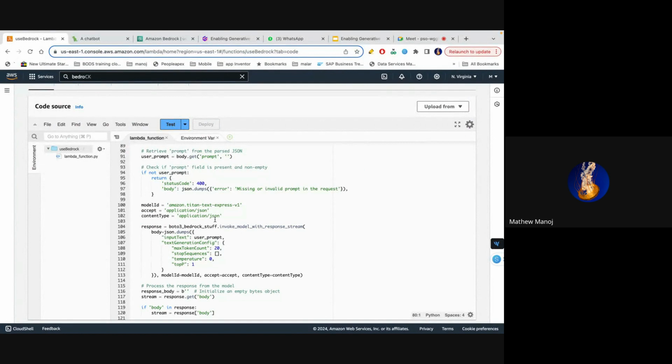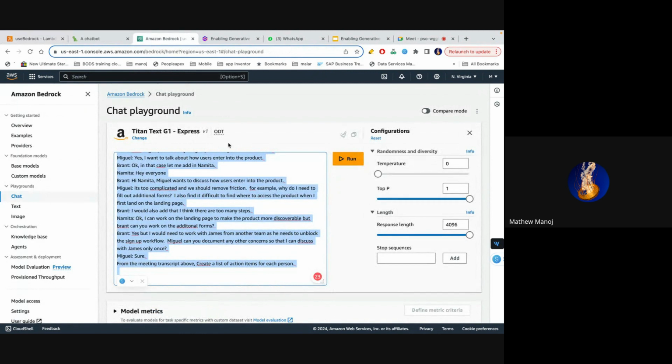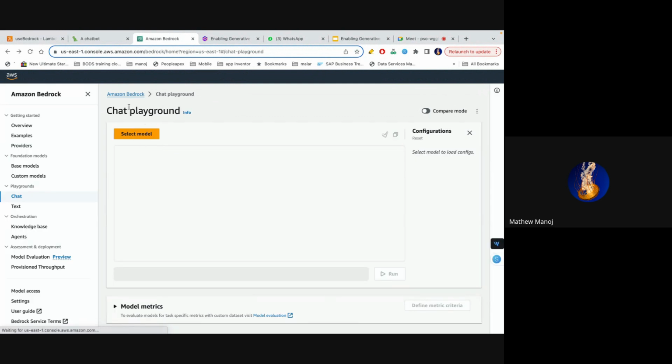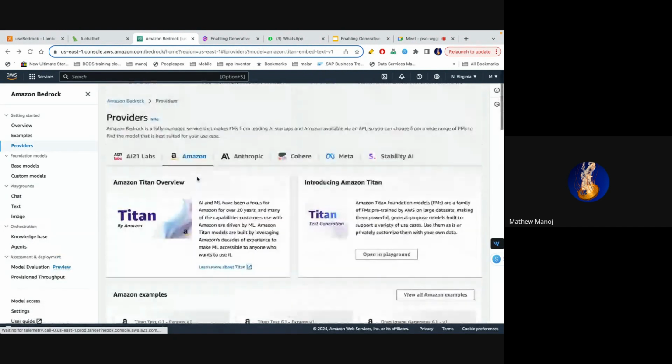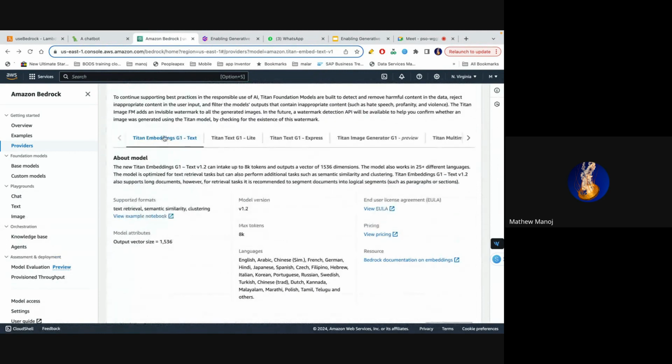But based on whatever use case it is, for whatever product you make, you can change the model. So if I wanted to use, say, another text model, I just go down here to Amazon Bedrock, go to Amazon, the providers, and suppose you don't want to use this text model.